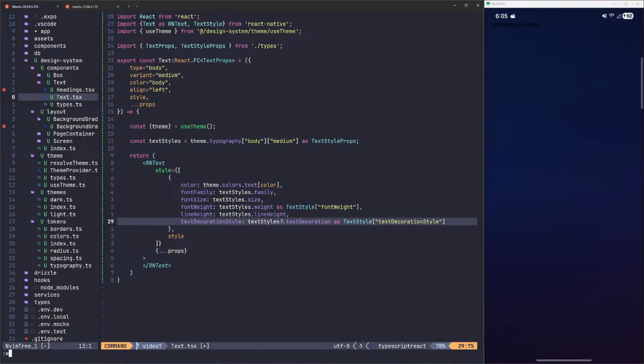And then we can check to see if that text decoration exists. Now we just need to get the types to actually work. So like now, like